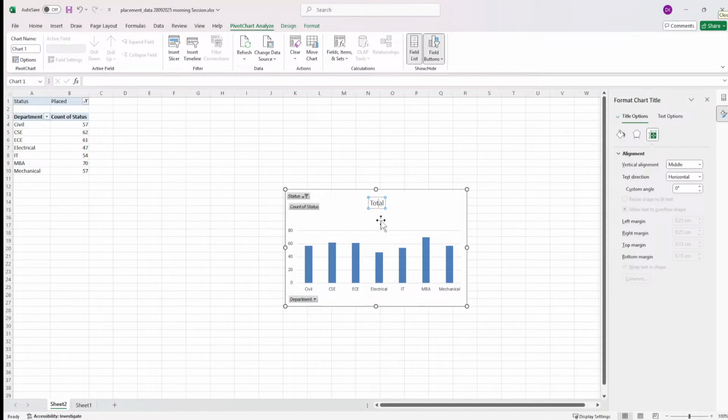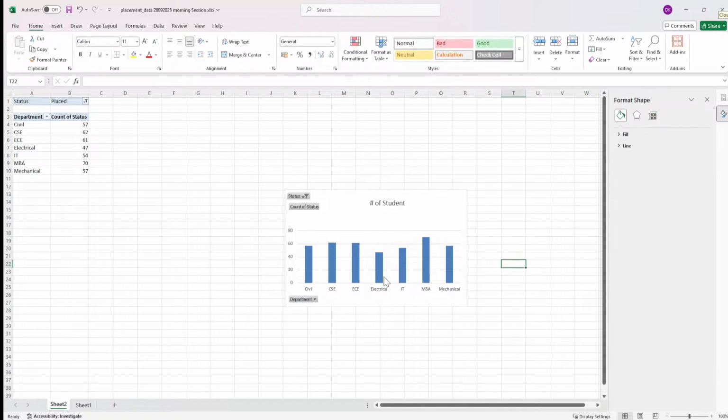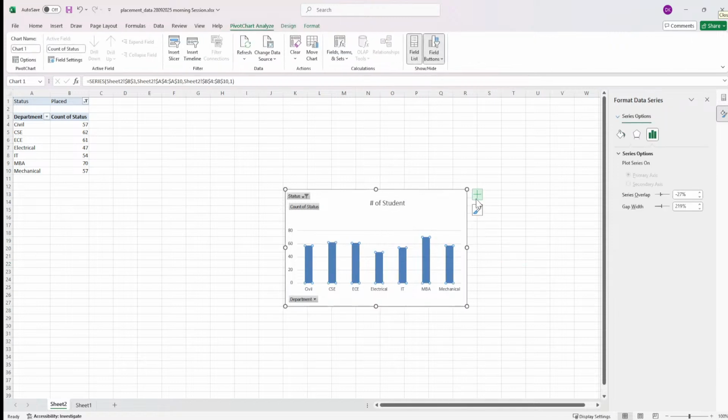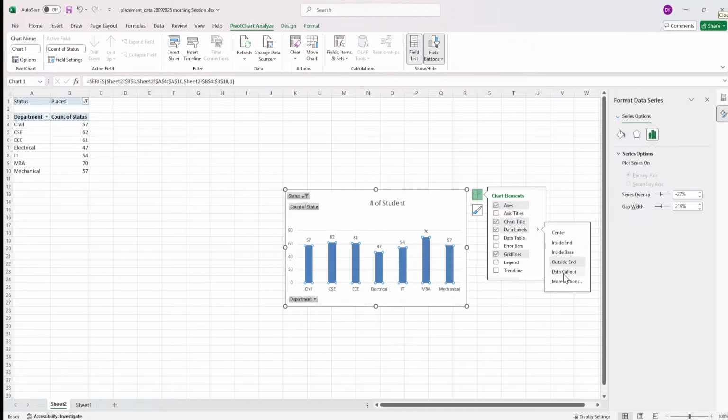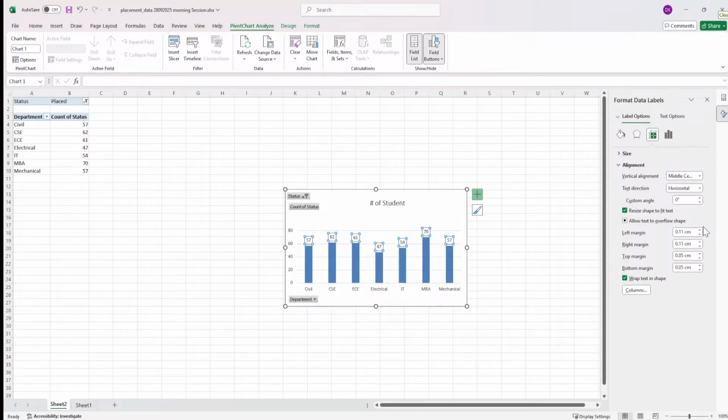If I want to change the text of it, I can show the text like hash of students. So this will give me the number of students and this is department. I want to show the data label as well. So I can go into the data label, check that and click on more options. Where I want to show the option, it is on the top, right? I can show it at the bottom